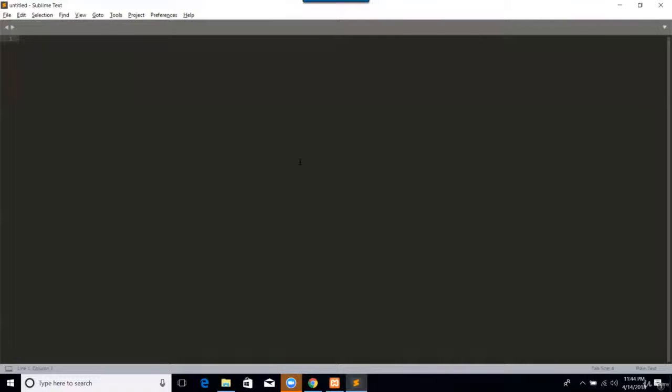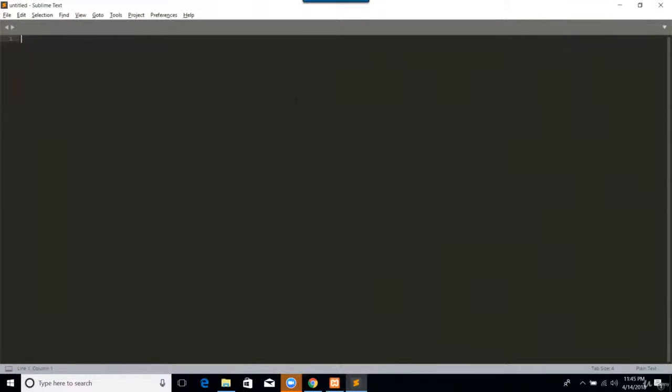So I want to download some packages in Sublime Text. We have a shortcut to go to packages. Suppose Control Shift P, and it will show me or not. Control P is for file searching, and